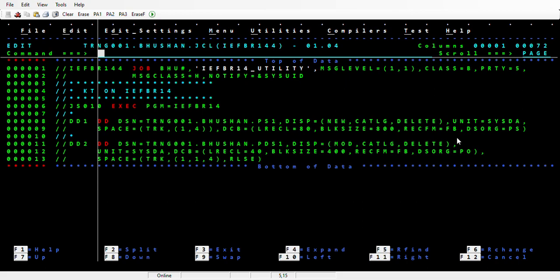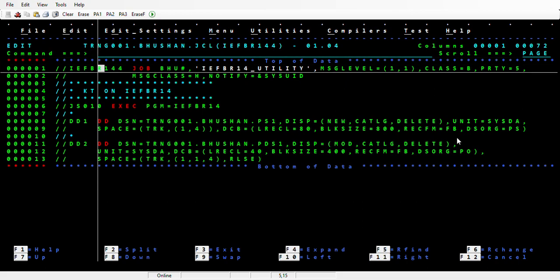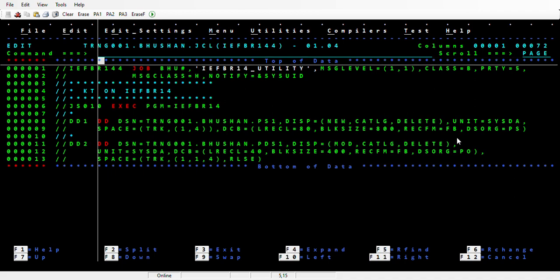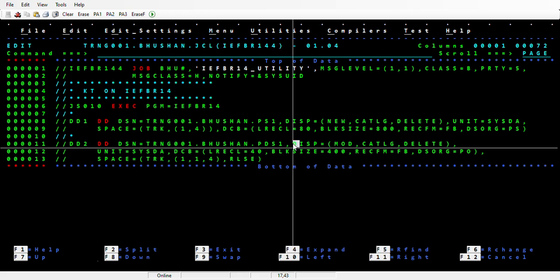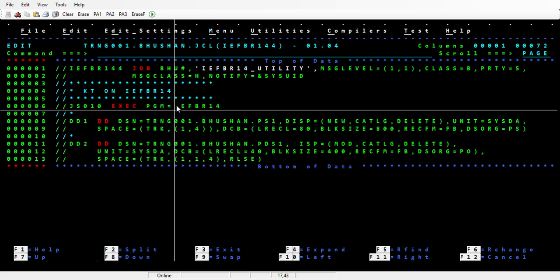Okay, good afternoon, team. In the previous session, we tried to understand what is IEFBR14. Okay, and we tried to understand what is this parameter. Okay, now what we will do is, using your IEFBR14, and using the disk parameter,